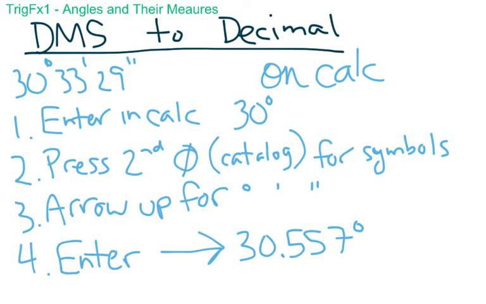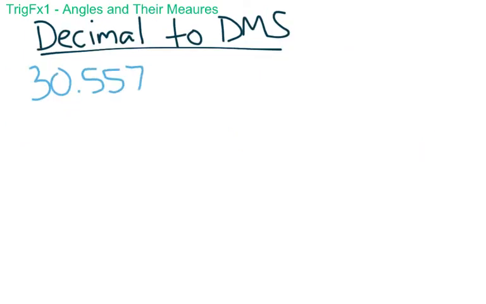So now what we're going to do is go the other way around. We're going to wrap up this video with that. We're going to go DMS to decimal. So, sorry, decimal to DMS. Oh no, shoot. Looking at my sheet here, it was wrong on my sheet. So decimal to DMS, that's correct. Okay, so we have a decimal degree, and we're going to convert it to degrees, minutes, and